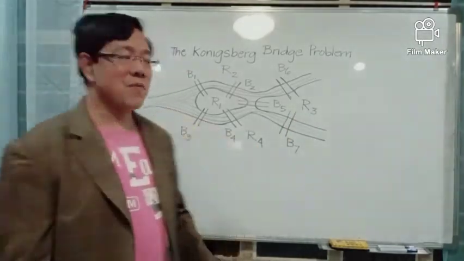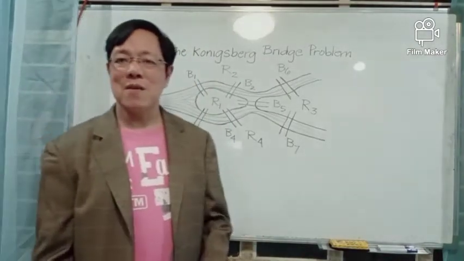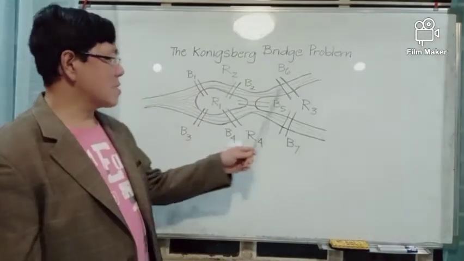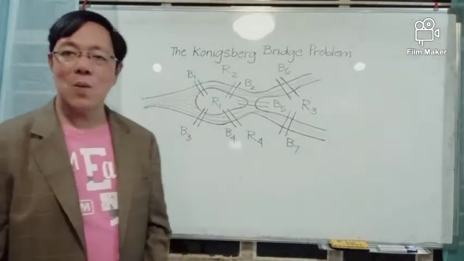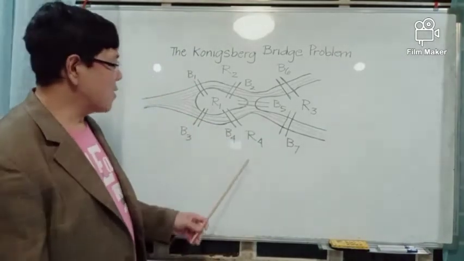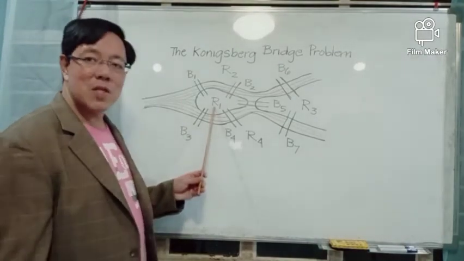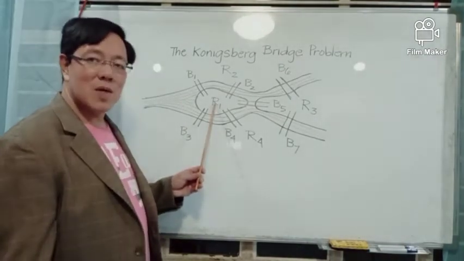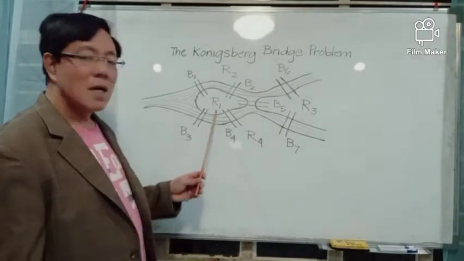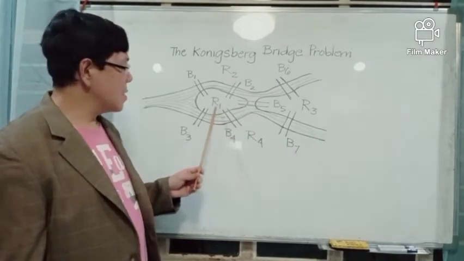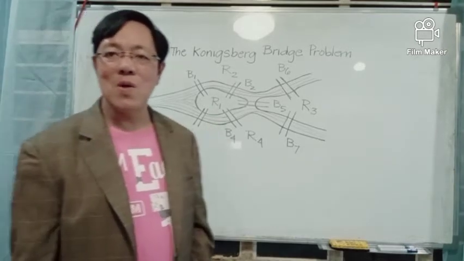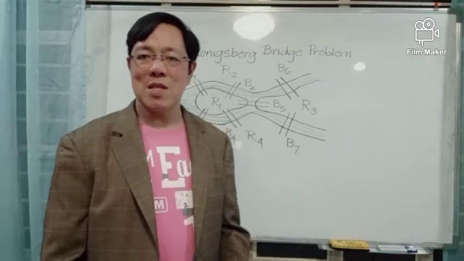The residents of Konigsberg wondered if it were possible to cross each of the 7 bridges exactly once and return to where they started. For instance, if a resident lives in region 1, is it possible for this resident to cross each of the 7 bridges exactly once and be able to return to his place of origin, or region 1? And this problem was solved by a Swiss mathematician,